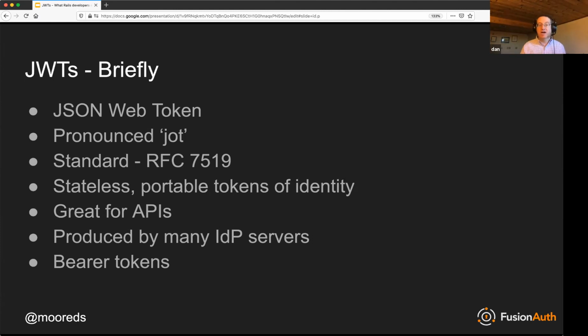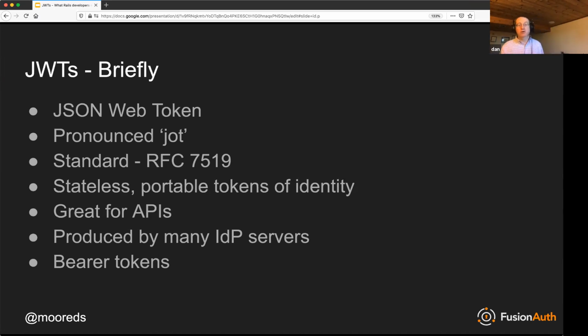That means they're great for APIs because you can have an identity provider, such as FusionAuth, generate a JWT, hand it to a client, and have that client present it to multiple different APIs. Those APIs can know what level of authorization, what level of permissions the sender should have, without ever talking to the identity provider.